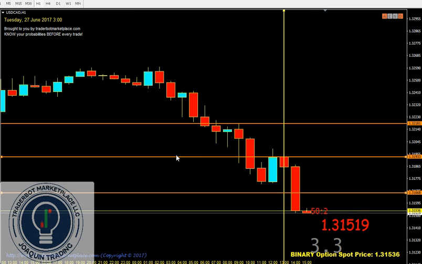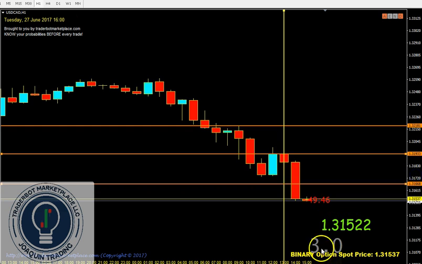Now we have jumped to a 1-hour chart. Now you can see right here, see the yellow line? You can barely see it. It's just a hair above the bid price, and you can see that right here. The spread is still about 3 pips. This is on the USD CAD.